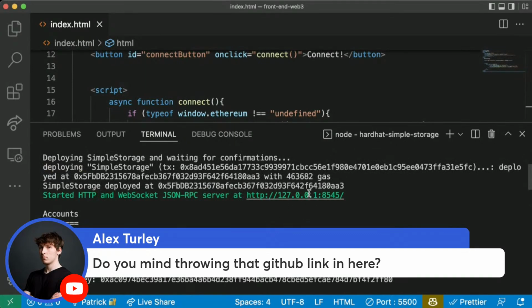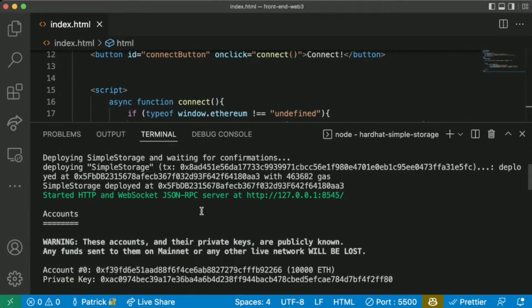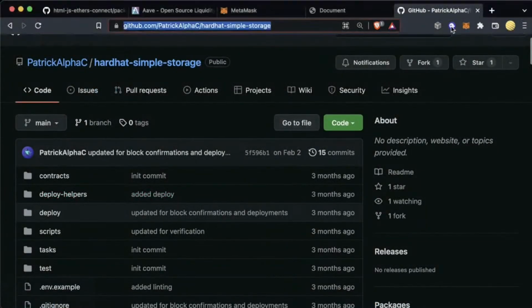And just by doing yarn hardhat node, we're now running our own little fake blockchain in the terminal right here. So we're running our own blockchain in the terminal, and we even get our own JSON RPC server located right here. What do you know? So guess what we can do? We can grab this URL, and we can go to our MetaMask,